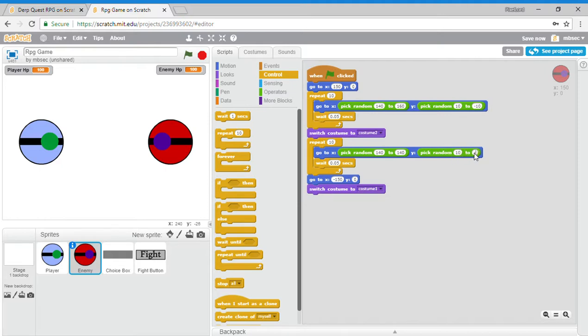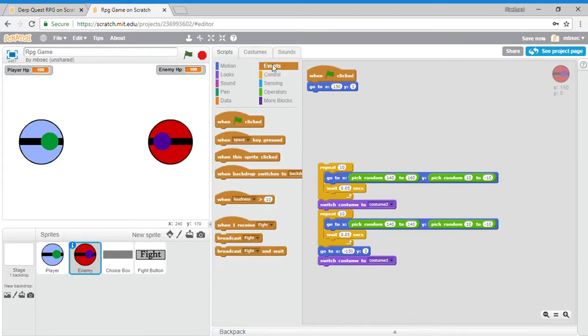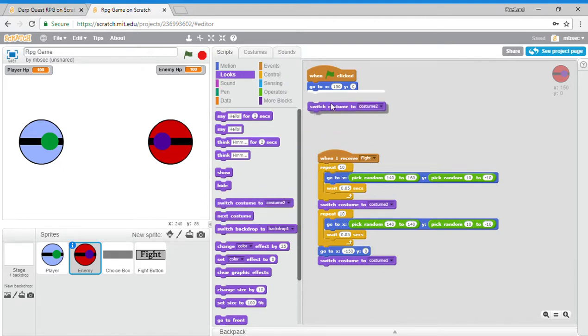Okay, so after you've done that, save your project, I suggest, and make it so that when it receives, also make sure it switches to costume 1 when it receives,